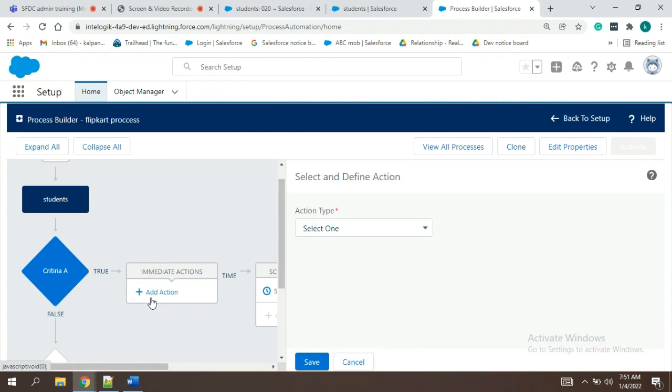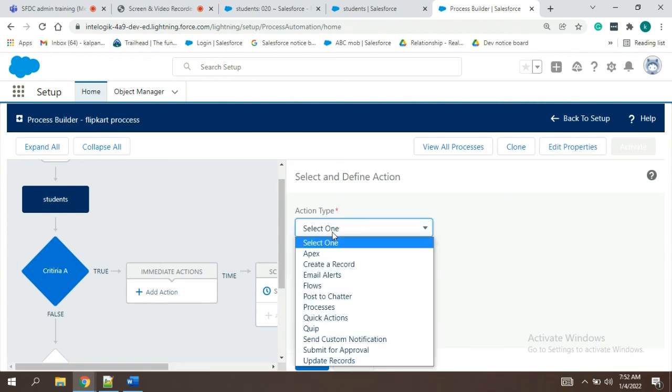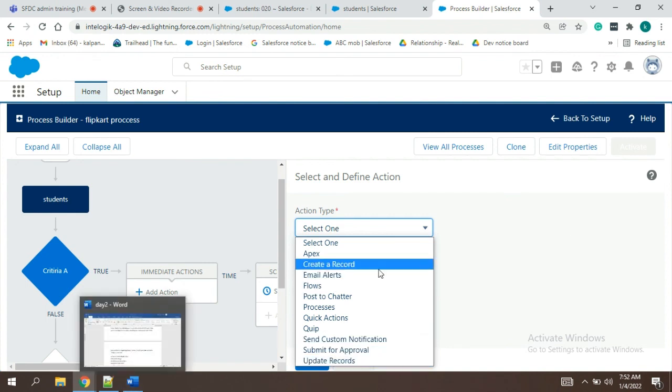And here you can define an immediate action. So yeah, how many options are there, guys? There will be 11 actions which can be performed.